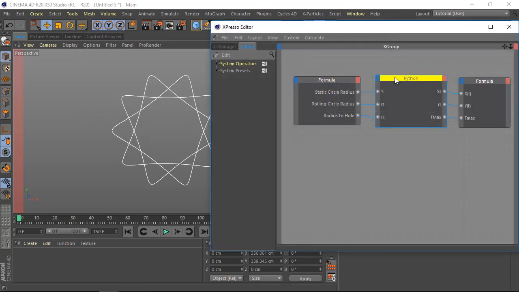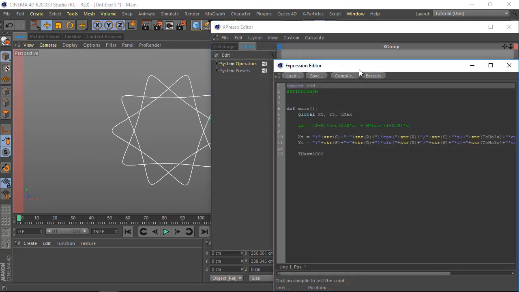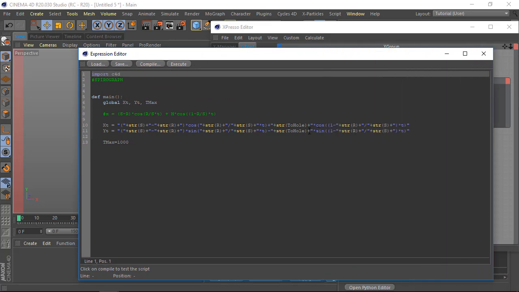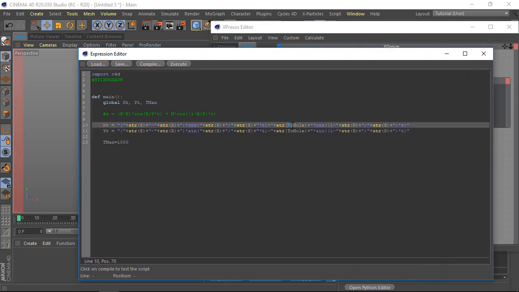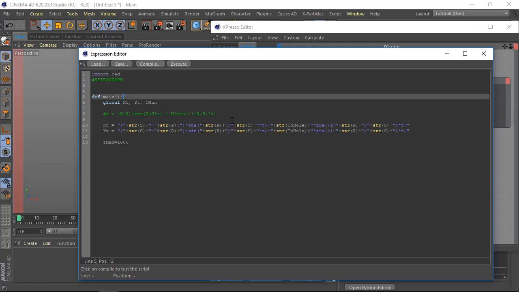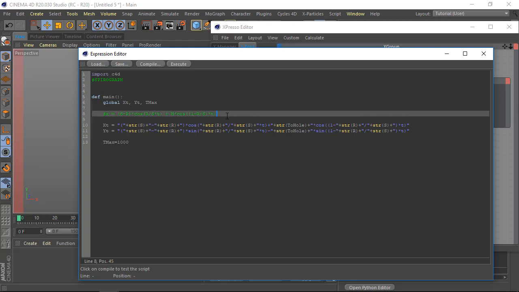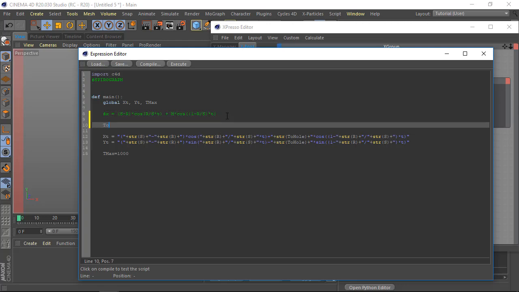All right, go back into my Python script. Open the Python editor. Do I have, oh, I have toHole as a variable in here. I forgot to tell you about that. The distance to the hole. All right, right now that's just H. So in other words, we have an internal variable I've defined called toHole, and right now it's going to be H,